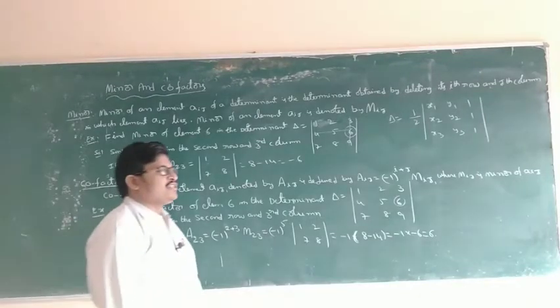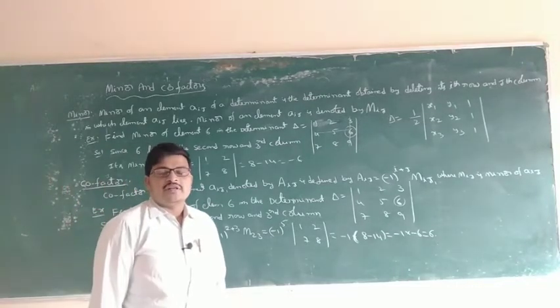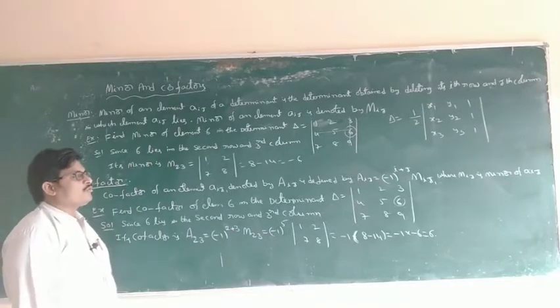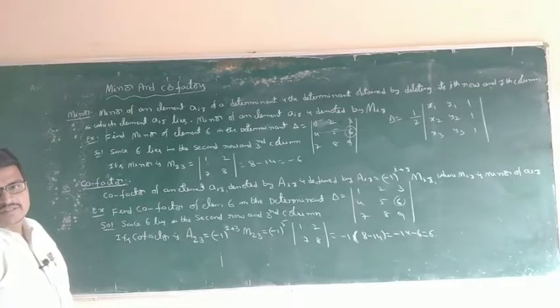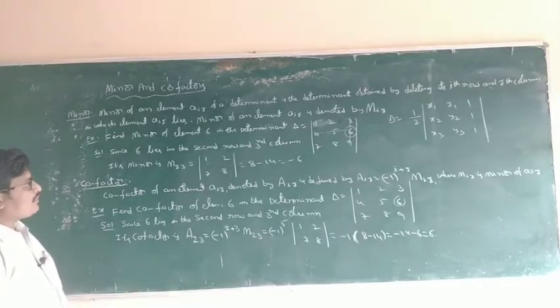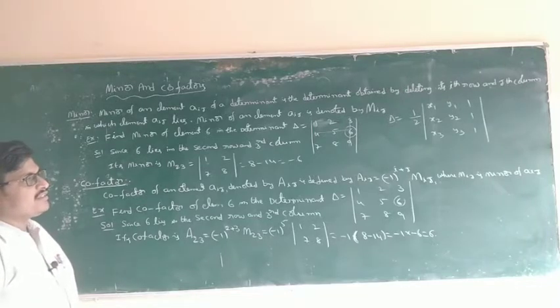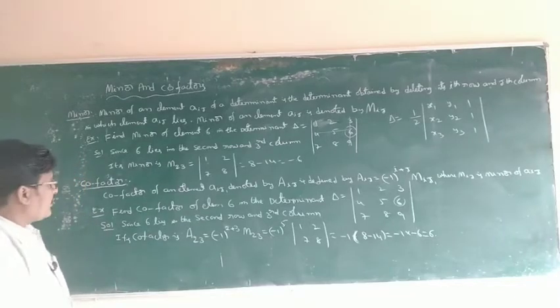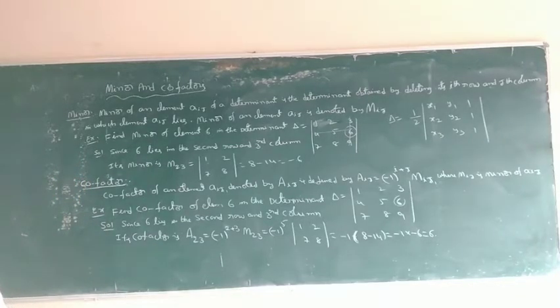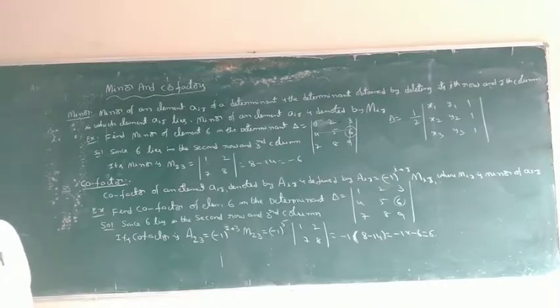Area of the triangle is 0 means the 3 points are collinear points. What is the definition of collinear? Collinear means 2 or more points lie on the same line. Same line is called collinear. Next, the fourth one: find the equation of a line by using the determinant. Same formula. Okay, next.